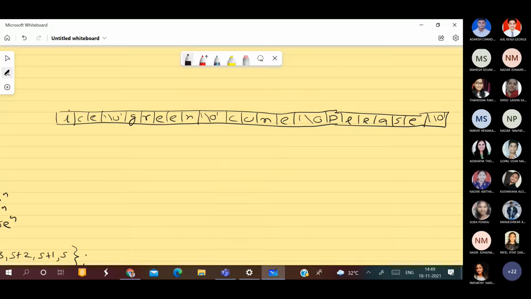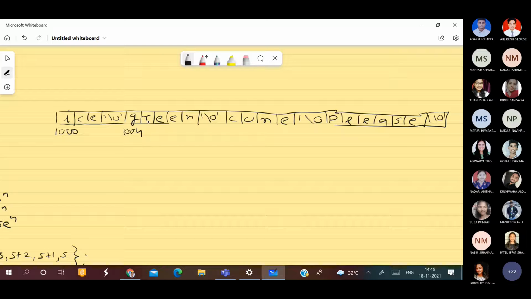Now suppose my string ice starts from 1000. So then C will be at 1001, E will be at 1002, and null will be at 1003. So green will start from 1004. Is that clear, students? Green will start from 1004. How? 1000, 1, 2, 3, and 1004.